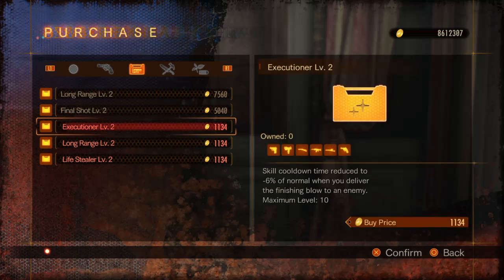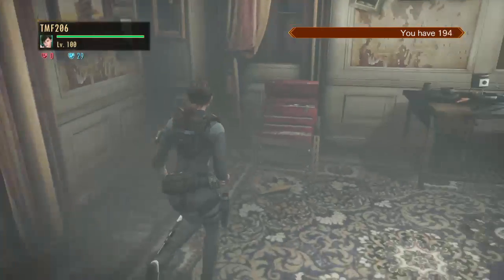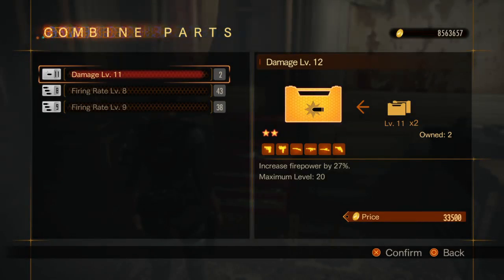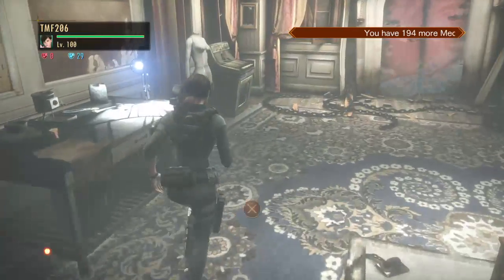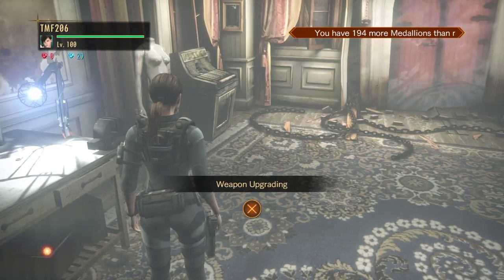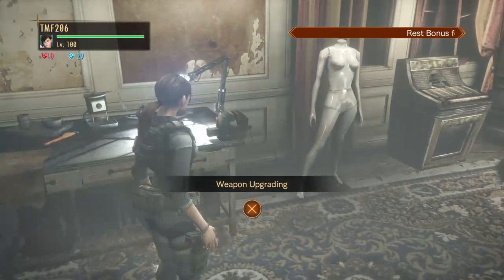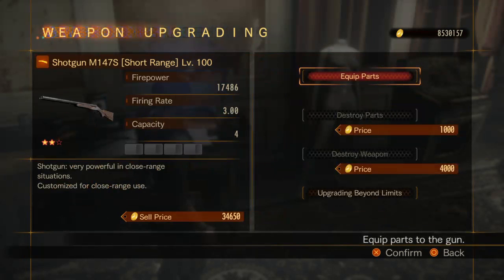Oh yeah, final shot. This is great if you know how to do that. Every now and then you see me doing that quick one-shot evade thing. That is used if you are able to do what I did there and hit out one bullet every time. Actually, no, screw it. Yeah, that's only used